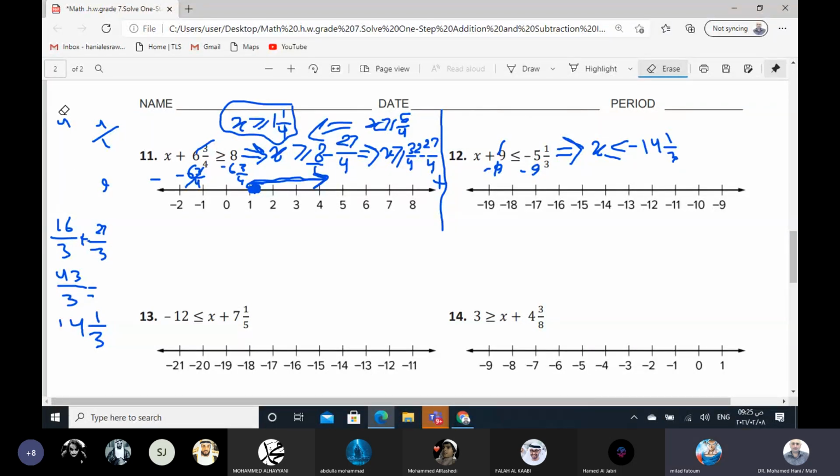Mr., why did you not put negative 14 and 1 over 3? Because here we have two signs. So I put the sign, then I will add because I have the two same signs. I put the sign, or minus, then in the work I just add. But Mr., in the answer when you write